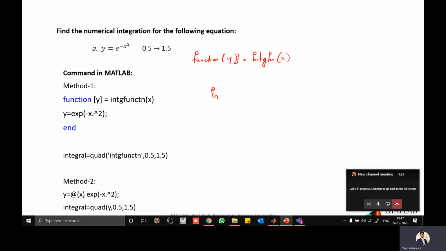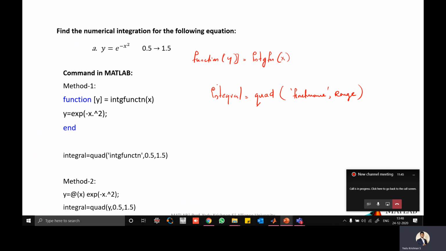So now, how will you calculate the integral? Whatever method you use, you will be using the integral, which is nothing but quad of the function name, comma, range. Quad, that is important.